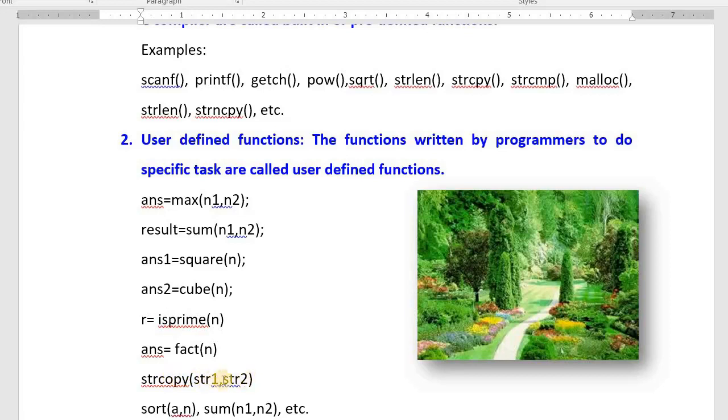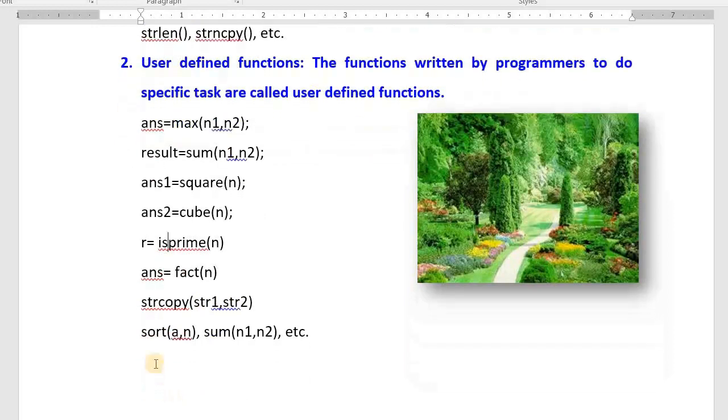One is having the value, one more is not having the value. It copies the contents of str1 into str2. Sort is another function created by me. To this function I am passing one array as well as how many elements are there. It takes that array. It will arrange all the values from that array in ascending order. All these are examples of user-defined functions.